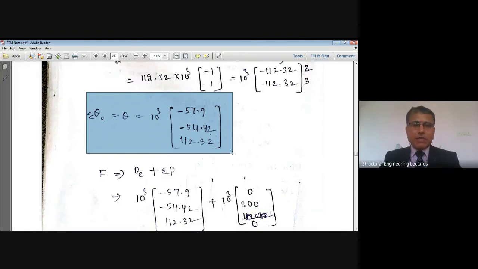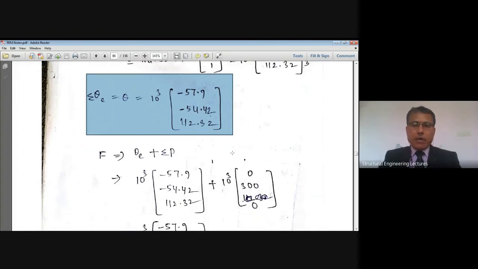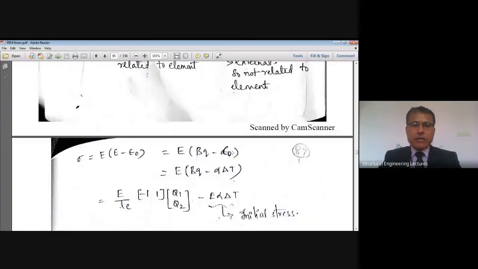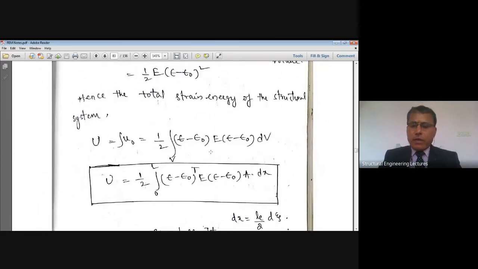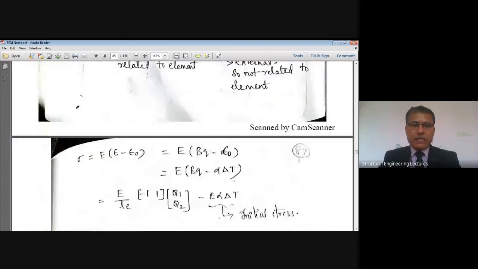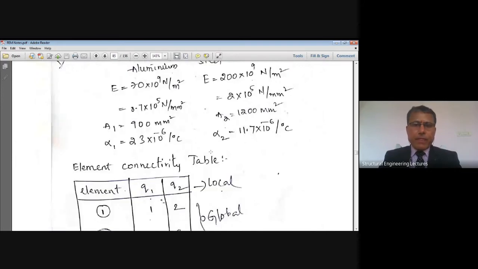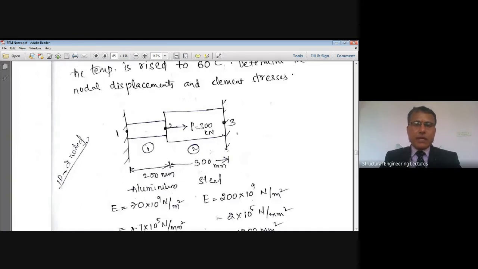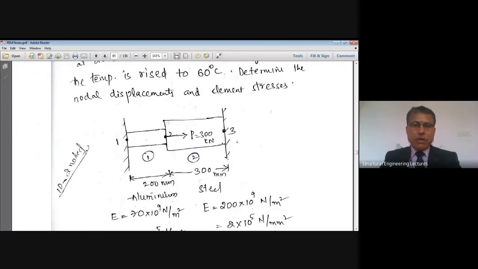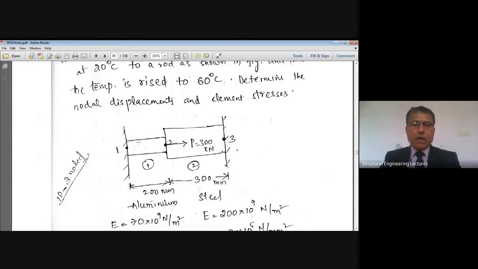Here we have the element temperature load vector, students. In the problem, let us check whether any self-weight is there on the body. If I examine, there is no self-weight given in the problem, nor is it asked to consider. Even if it is asked to consider, it is very negligible compared to this applied huge load. A 300 kilonewton load is applied.